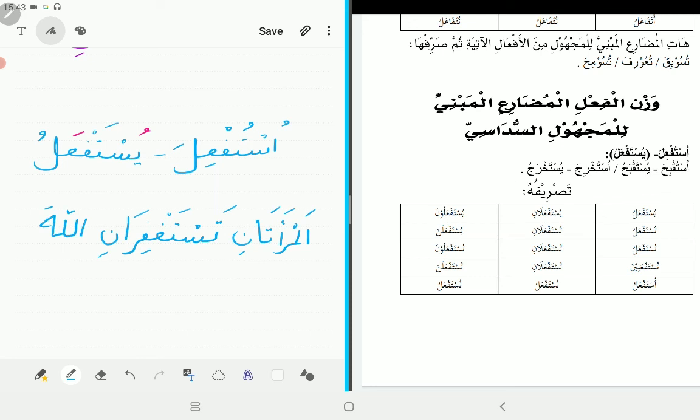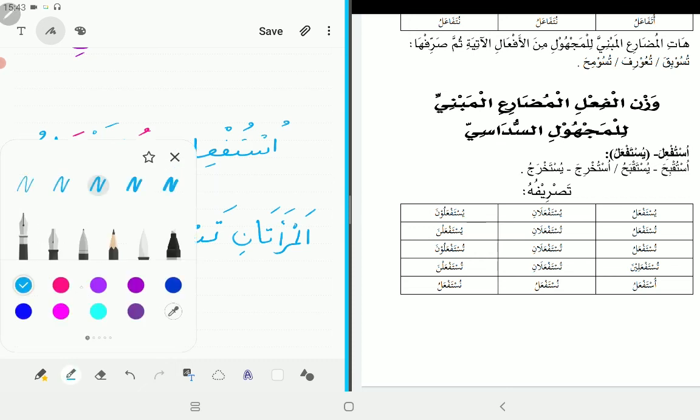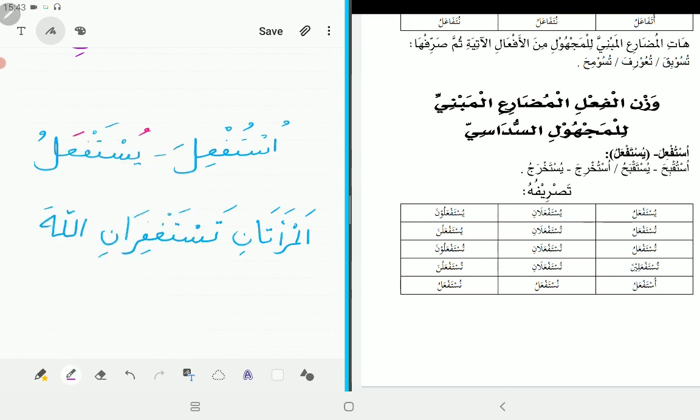Now I want to make this majhul, in the passive voice. I want to say forgiveness is being sought from Allah subhanahu wa ta'ala. So what am I going to do here? So where's the fa'il here in this sentence? This is actually quite tricky because we've been dealing with the fa'il that is ism zahir, a proper noun. We haven't been dealing with the fa'il that is a pronoun. So here,